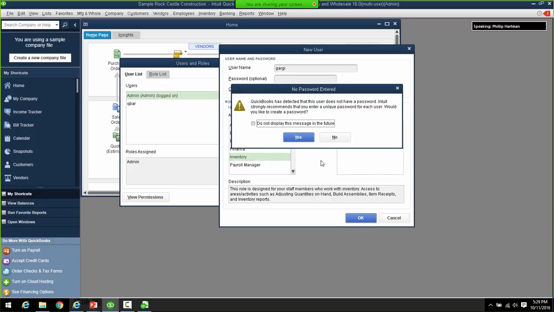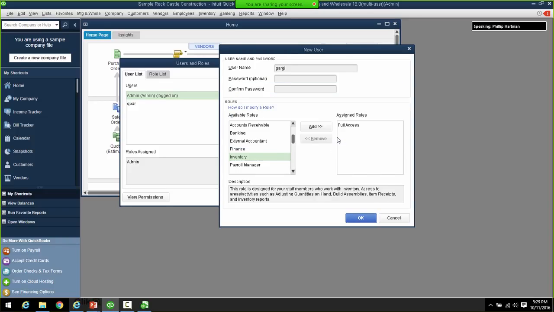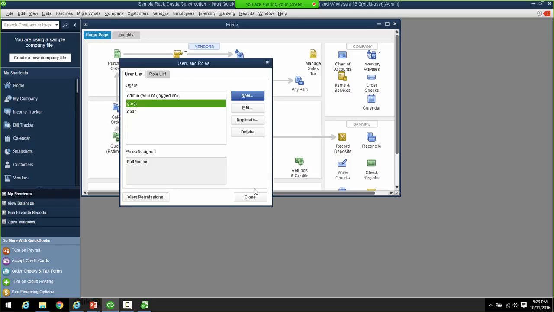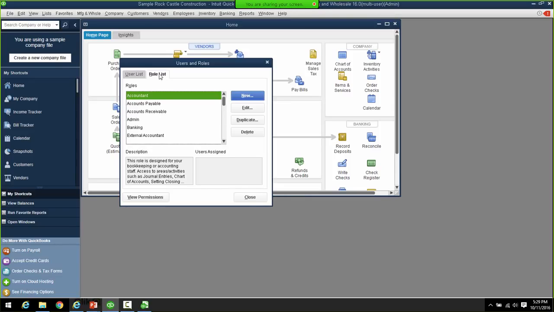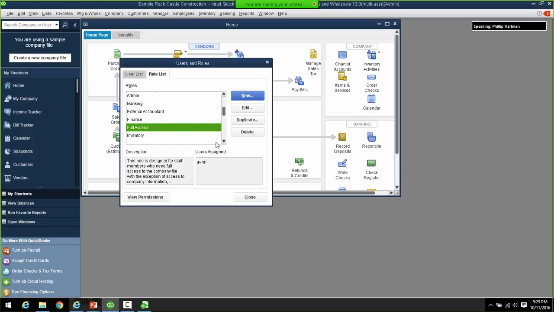Any role will work. Say no for this. You do not want a password. We don't recommend this for anyone. Now we need to go to the roles list and ensure that Gargi has access to this. So we want to go to the full access role. Okay, so here I clicked on the role list, right? Right, now go to the full access role. And keep in mind when we're doing this, anyone we give full access to will have full access to everything inside of QuickBooks. But if you choose Edit,